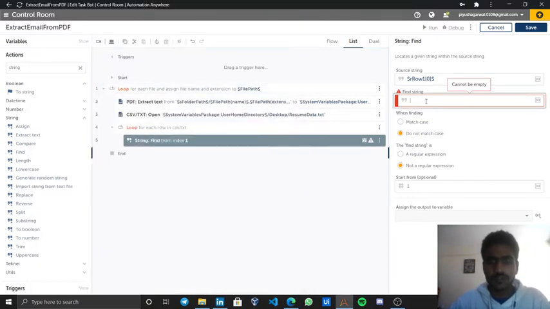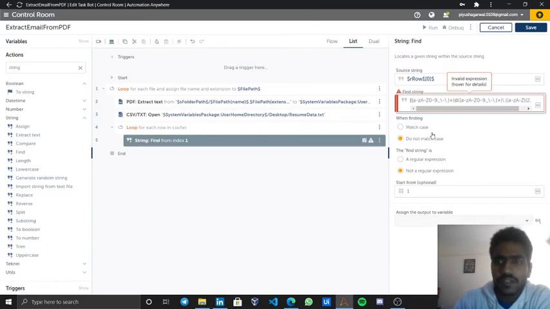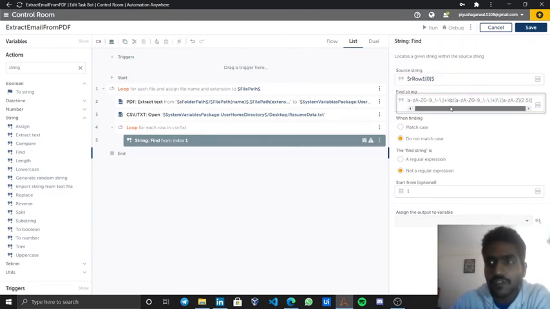Copy that, paste it over here. Now we need to modify this to match anywhere and start with anything. We just remove that, and this is our complete regex string, which verifies if a particular string is an email or not. Do not match case, and yes, this is a regular expression.